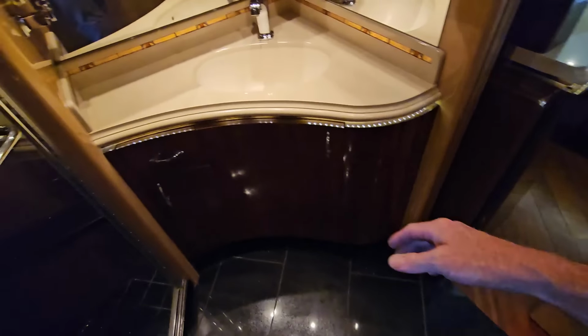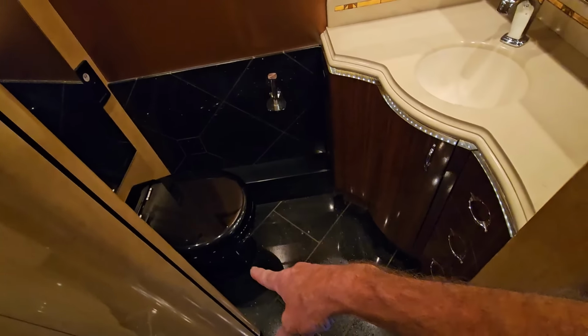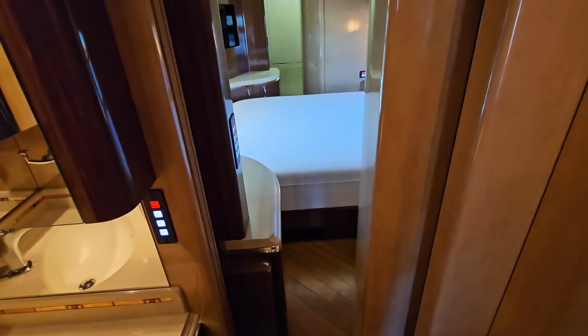And moving back here into the bathroom, this won't be affected by the slides being opened or closed at all, so really pretty good access to the second most important thing on the road, which is going to be the toilet. The first one is going to be the refrigerator. As far as the third most important, which is can you live in it with the slide-out rooms closed, it